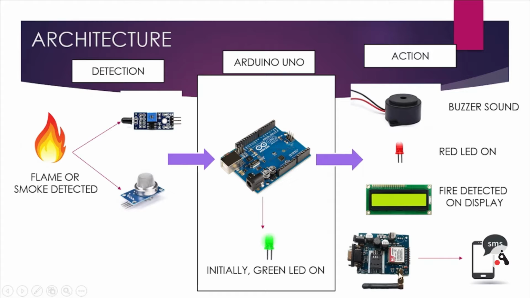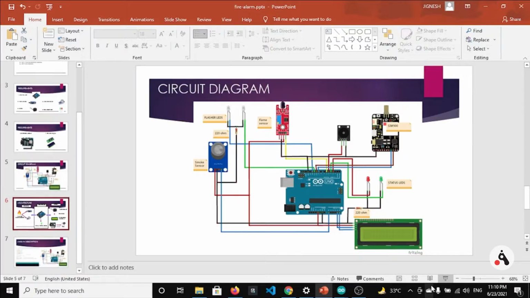And for the GSM module, as a result, we are also going to send messages to two mobile numbers. That's one more important thing which you will learn in this tutorial. So we are going to use two mobile numbers in our Arduino sketch, and how we are going to send that, you can see in the next section, in which I will discuss the project code. So that's the architecture for this project. Let me directly jump to our code section.